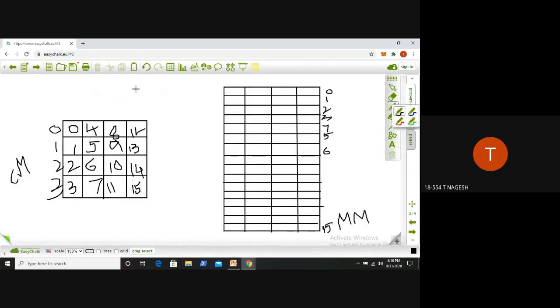The decimal form of that binary representation of 0001 is simply 1. This is a decimal form. So that means what? This is a block number, right? So here our block number is given as 1. That means this is the block that I need to have focus on. So my required address is of this block.